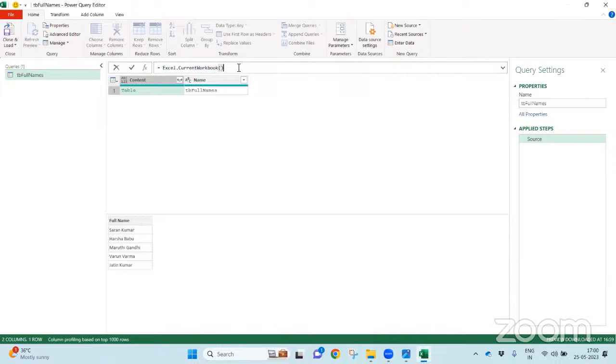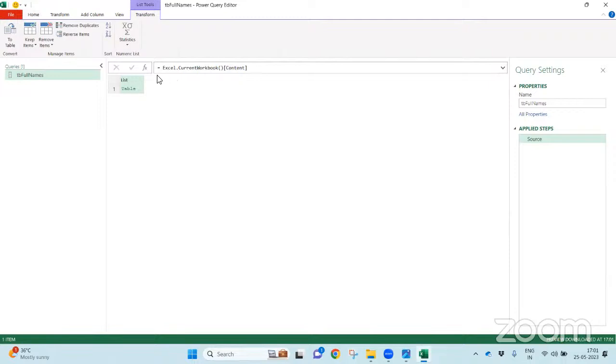For this table, I want to get the Content column. So what I need to do now, I want to tell the Power Query, please take the Content column. Now the columns are indicated in the square bracket. We call it a list. Now let's take Content. That means this will provide a table. From that table, I want the Content column, right? A column is nothing but a list in the Power Query. If I enter, I get the Content as a list.